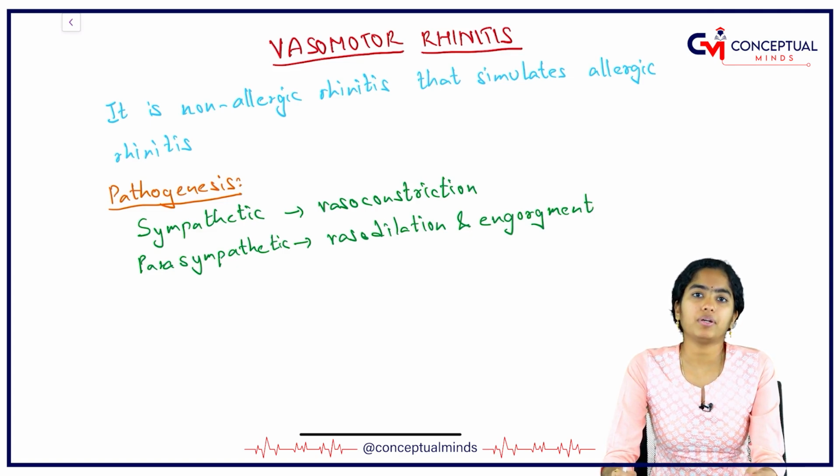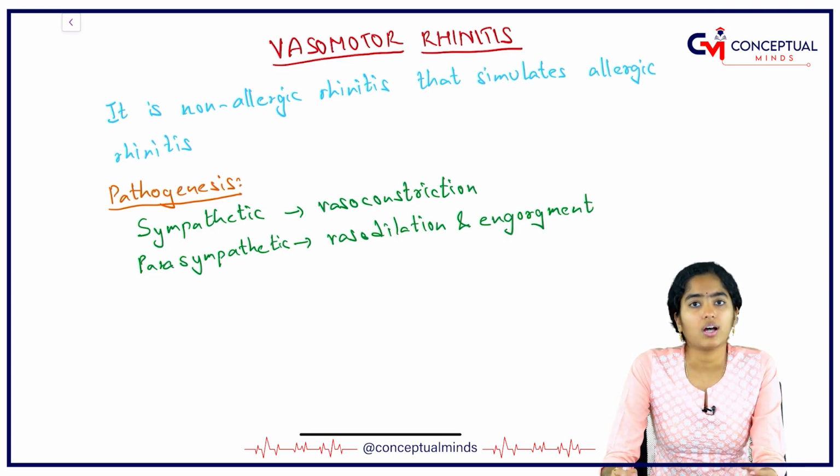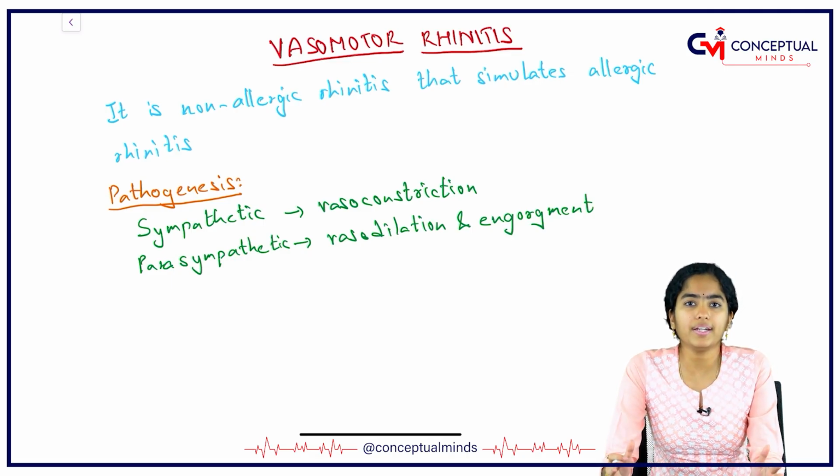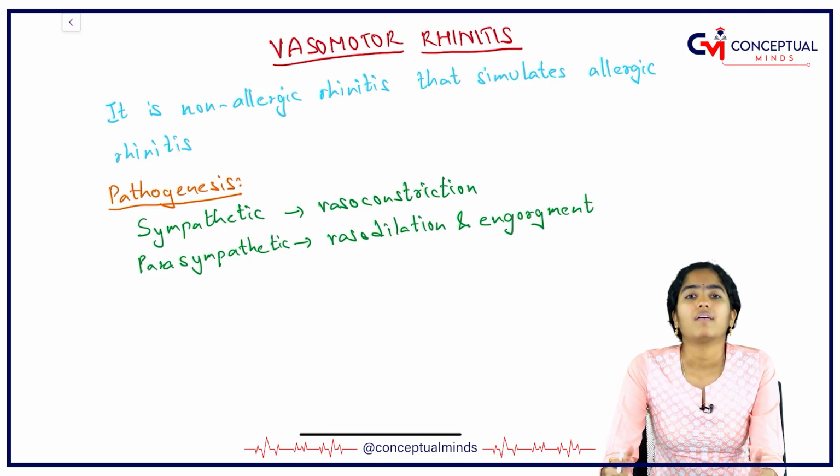And this unstable autonomic nervous system, especially in the nasal mucosa, is hyperactive and it responds to all sorts of non-specific stimuli. There is change in temperature, there is change in humidity or some small amount of dust or smoke, the nasal mucosa immediately gets hyperactivated with the parasympathetic overactivity causing hypersecretions